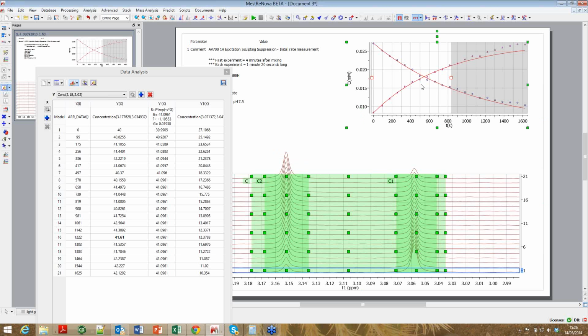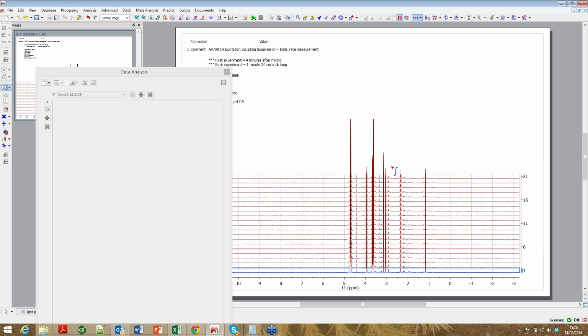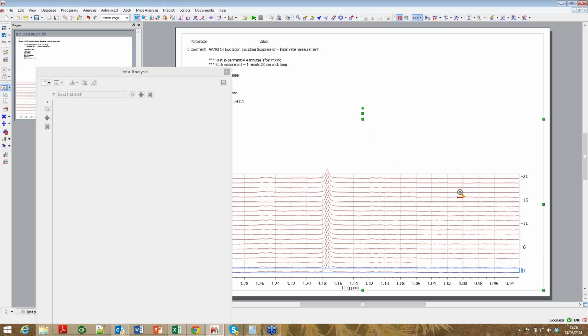Let's get rid of this. Let's come back to the full spectrum. So another way that you can determine concentrations is from an internal standard. So if it turns out that you have something in there whose concentration you know, perhaps a buffer signal. Here we have something that seems to be constant through the course of the reaction, so I'm going to assume that that's